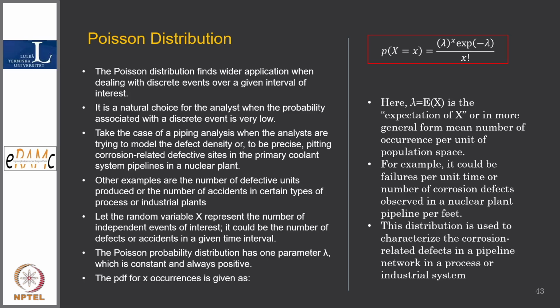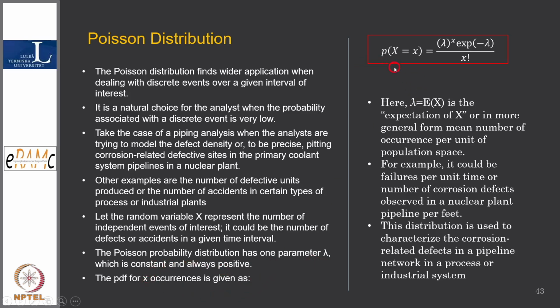So our random variable is x, and it can take any value x here. The Poisson probability distribution has one parameter, lambda. Again, like the exponential distribution, this also has one parameter, lambda. And here, instead of calling it failure rate, we will say event frequency. Otherwise in PRA, probabilistic risk assessment, the lambda term is associated with the failure rate. The PDF for x occurrences is given as